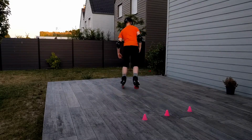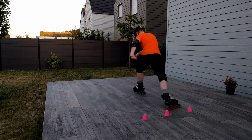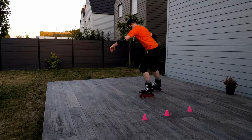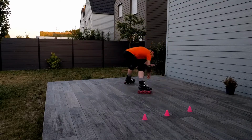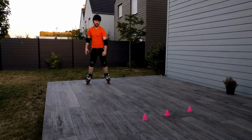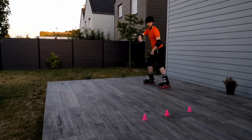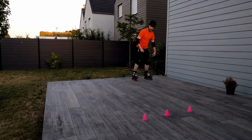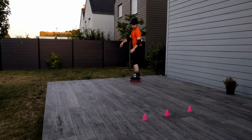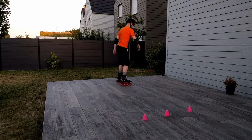Ooh. Slippy, slippy. Maybe I can do a fast one, come back up again, and do a pirouette. Should I call it a pirouette or just a spin? That should be here. So going down like this and then using that momentum to